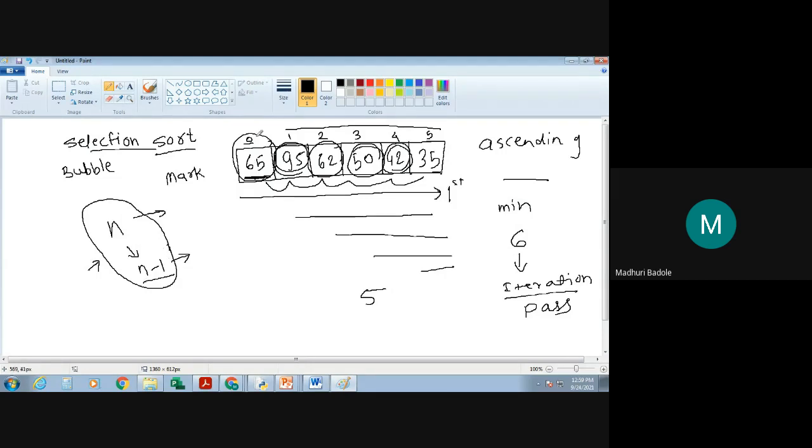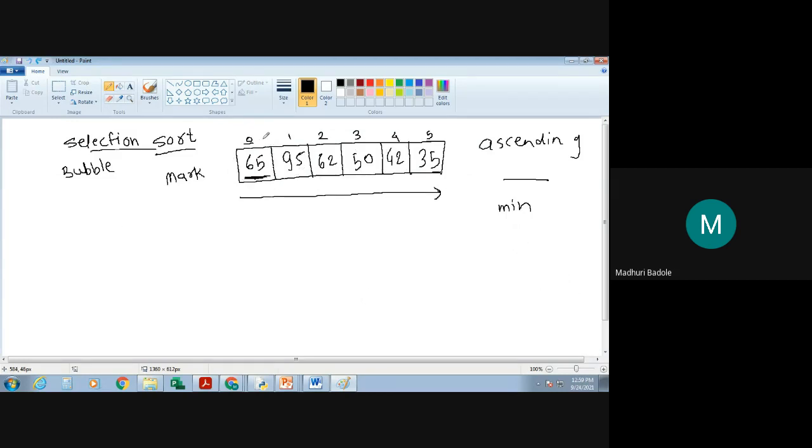Fine. Now let's try to see how exactly the selection sort is going to work. One minute, let me clear this. Now see over here. As I already told you, firstly, you should select the first element's index. What is the first element's index? I should continue the passes for the number of elements present in this array. So what I'm going to do, firstly, I'm appointing this index as i.